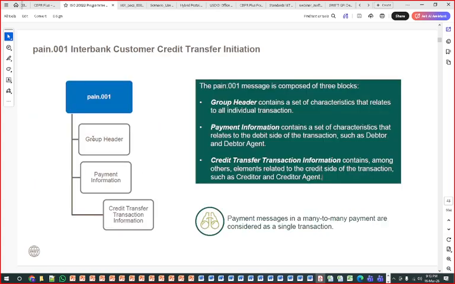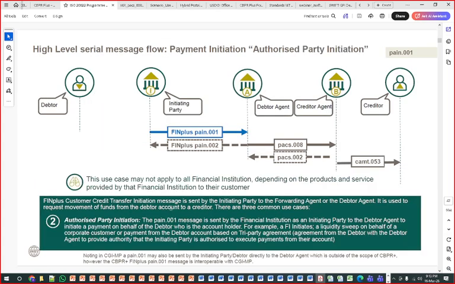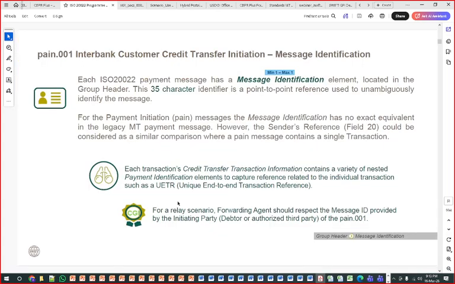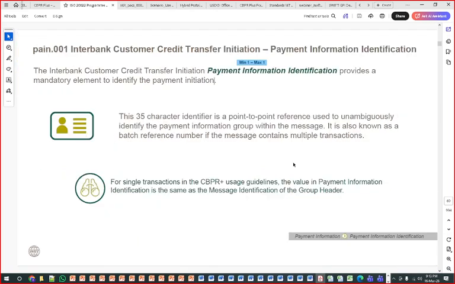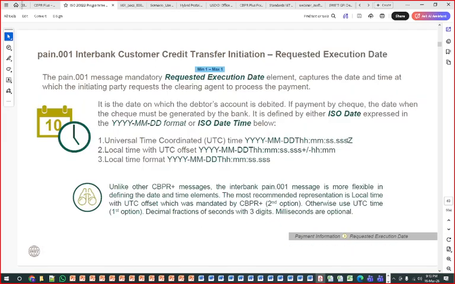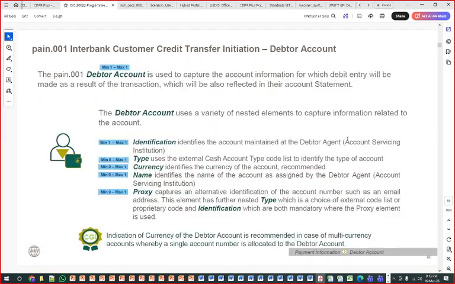It looks like a group header, payment investigation, and so on. There are a number of use cases we are going to learn, with the different parties here. Trust me, this document will help us understand the complete ISO 20022 standard. This is a 900-page document, and we are going to learn almost 400 to 500 pages of it.